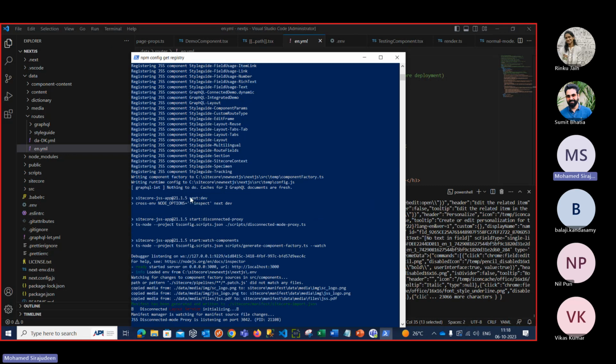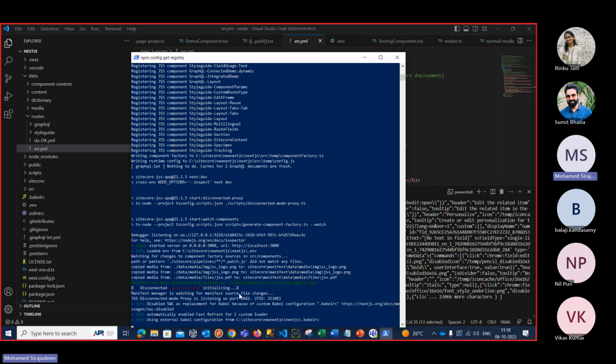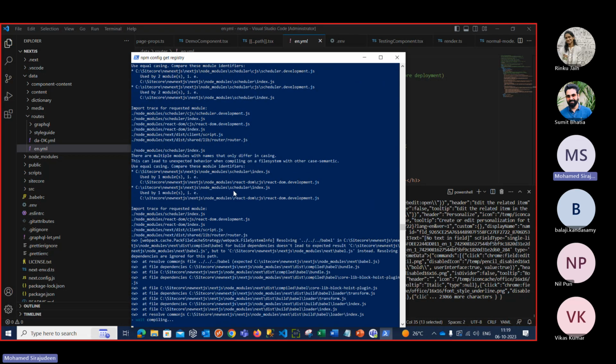Here we have to look at something more deeply. This is the main one: the manifest has been generated and written to the Sitecore manifest, sitecore-import.json. It is nothing but the import API call, because right now we don't have a running Sitecore instance, but we have the sitecore-import.json. This will always be storing the